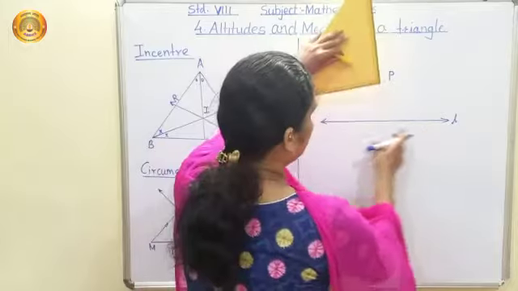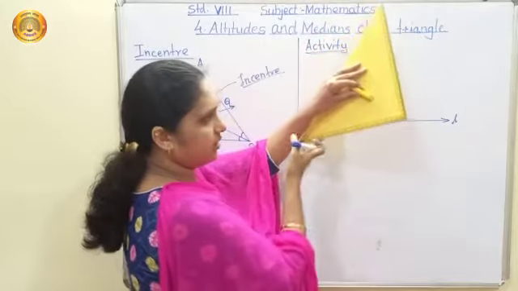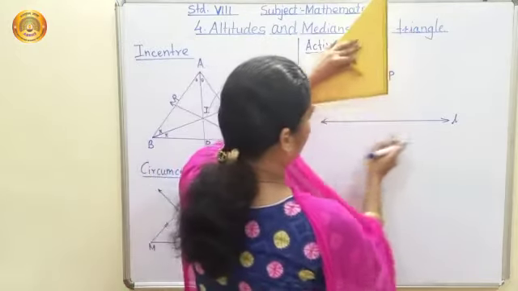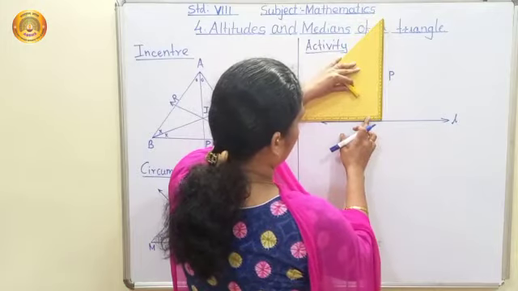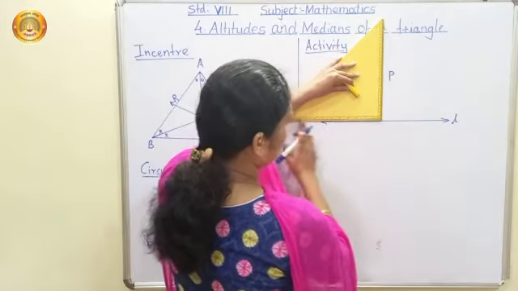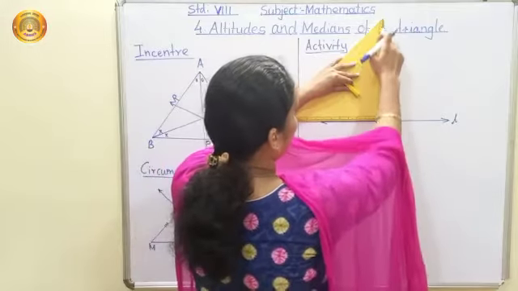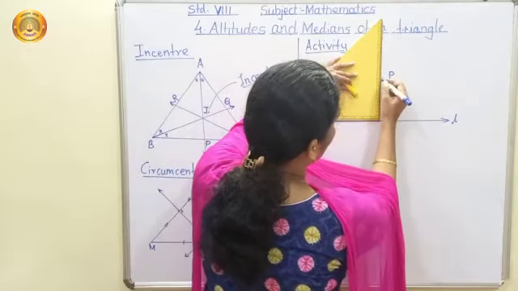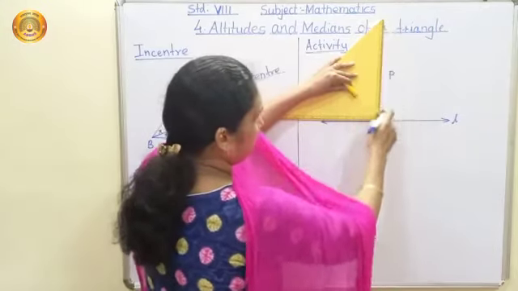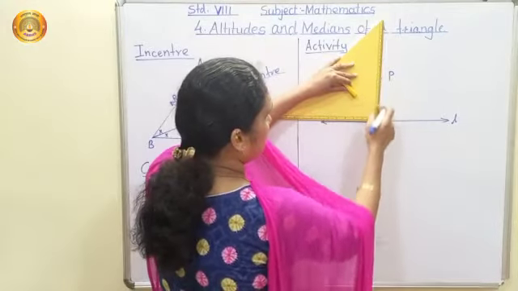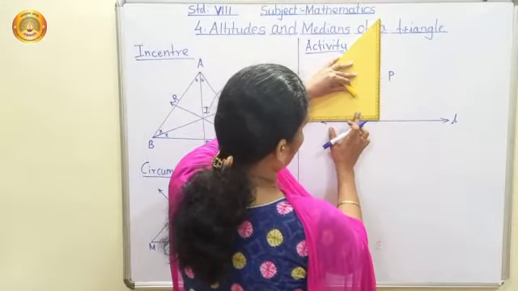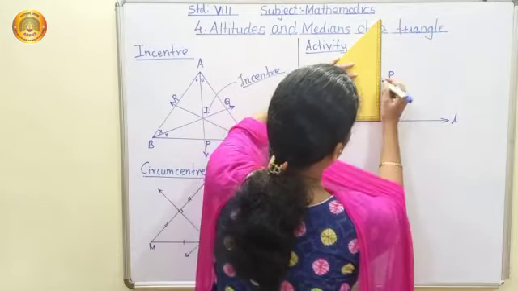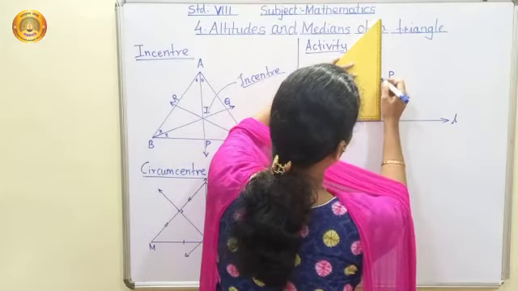So here this is line L. So this side of the set square, any one side, this side or this side, any one side you can take. I'll take this side along with L. So see, this way I'll arrange it. Line L is along this, and the second side of this right angle is along with the point P. So here you can see point P, and my right angle triangle's other side is along with this point. So first you arrange like this carefully, and then you have to draw the line through point P.